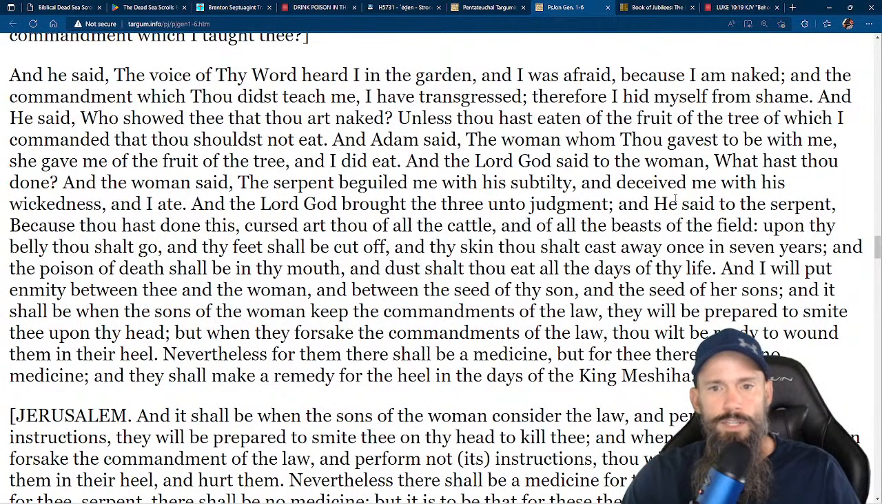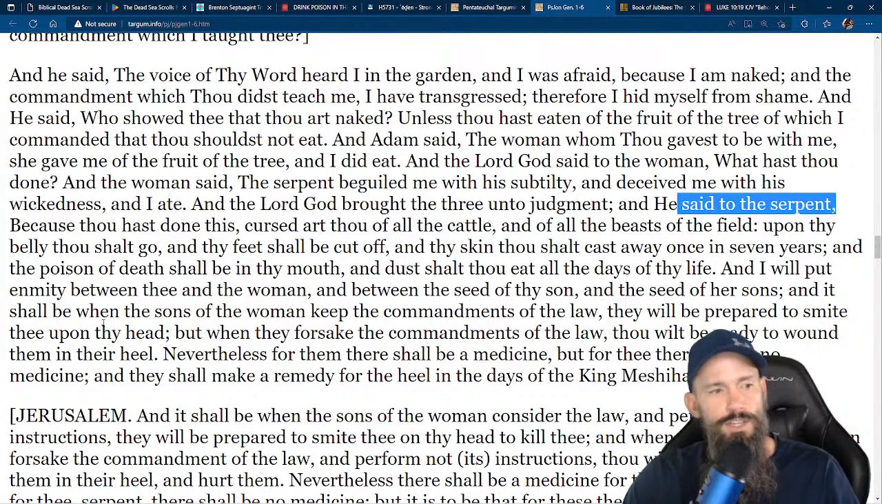He said to the serpent, because thou hast done this, cursed art thou of all cattle and all the beasts of the field. Upon thy belly shalt thou go, and thy feet shall be cut off. Thy skin thou shalt cast away once in 7 years. And the poison of death shall be in the mouth, and death shalt thou eat all the days of thy life. And I will put enmity between thee and the woman, and between the seed of thy son and the